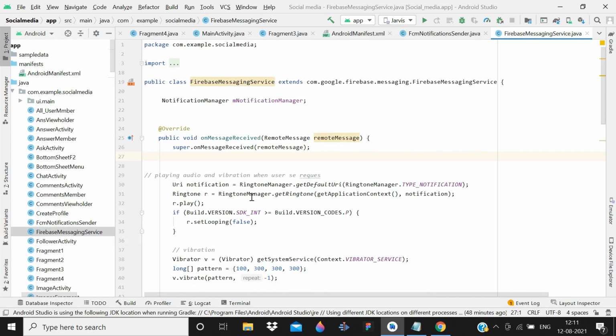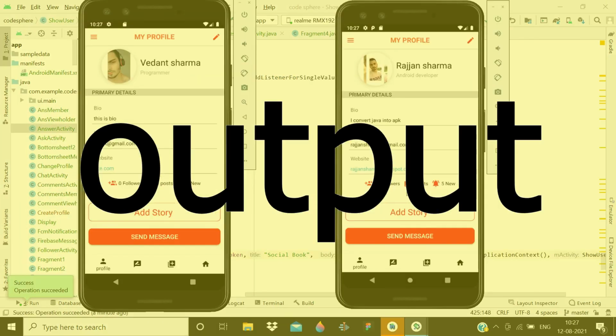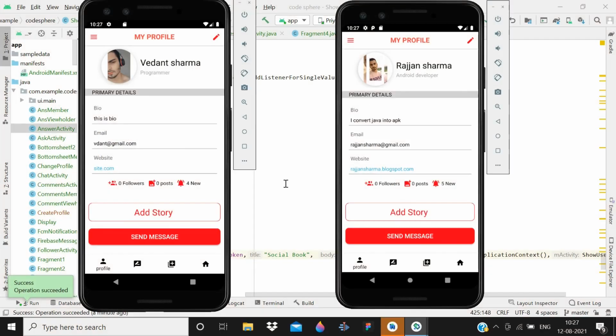So guys, after you run the application, whenever you like someone's post, they will receive the notification if their token is saved in the real-time database. So guys, now you can see that the application is running on two devices, and if I send a message to Ranjan Sharma, we will receive a notification.